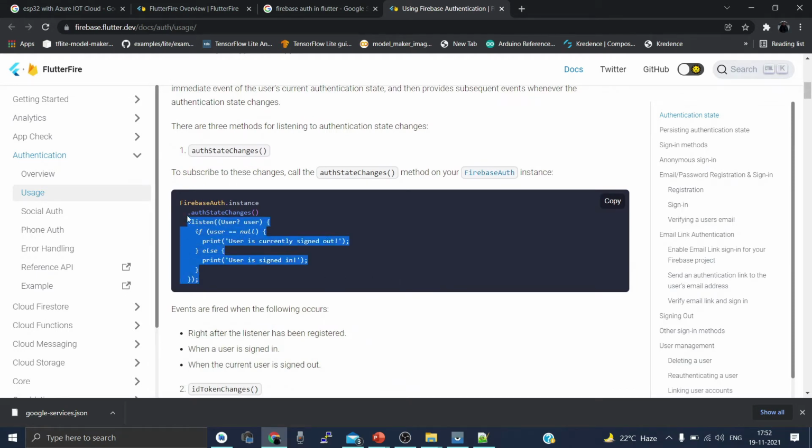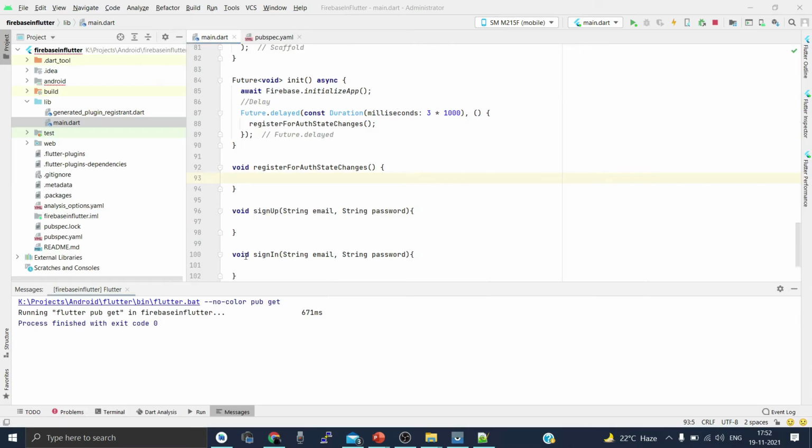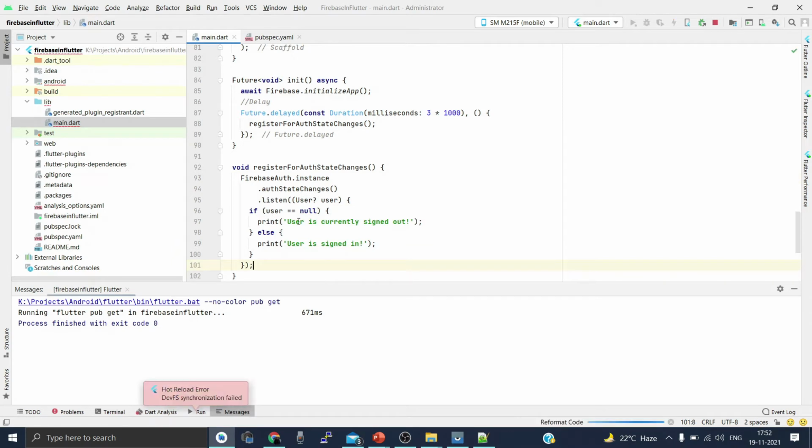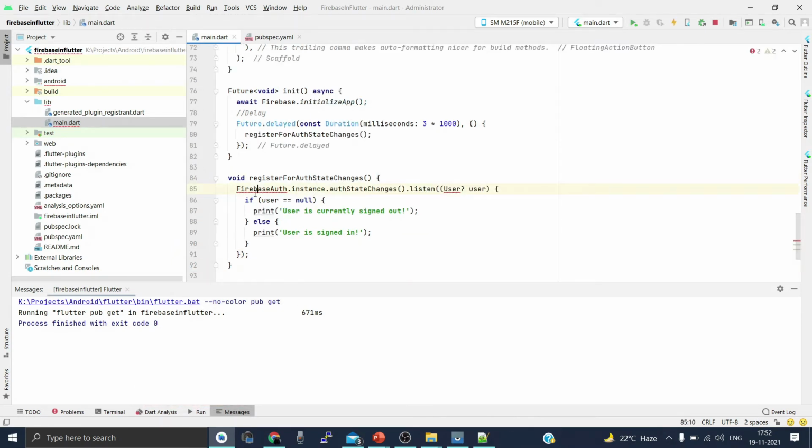Now we're going to copy this piece of code and paste it here. What we're doing here is, on the Firebase instance, we are looking for auth state changes for a particular user, and it will just print if the user is currently signed out or signed in.